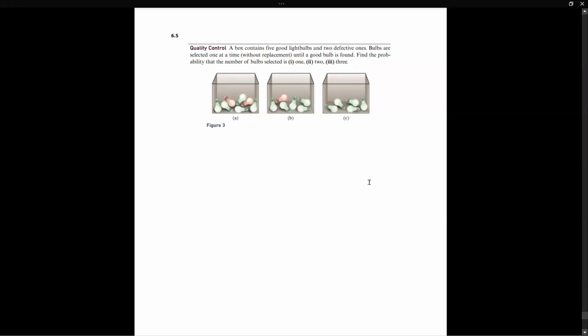Hello everybody. So in this video we'll talk about 6.5, which is tree diagrams. These are helpful when working with probabilities, and so you can sketch and understand what's happening. And we'll do two examples. So in solving many probability problems, it is helpful to have these tree diagrams when you have various